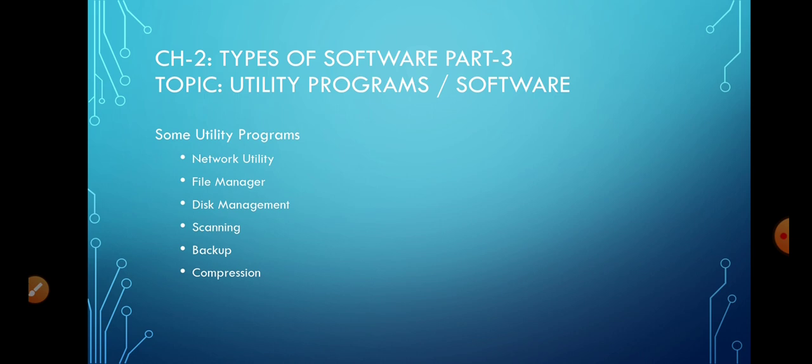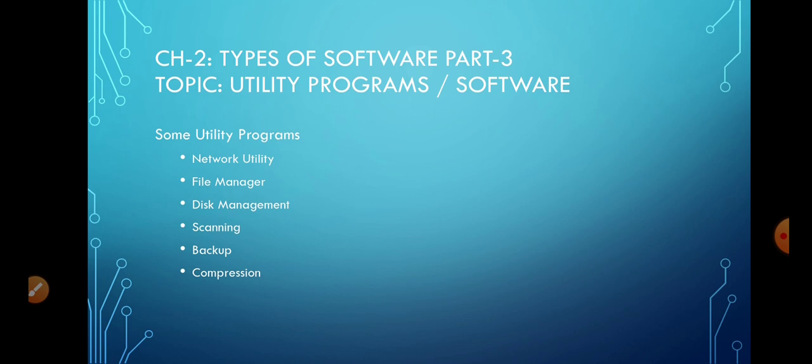You might have heard about tasks done by the computer, like virus scanning, taking backup of data, recovering data, disk repair, file management, compression and network programs. All these tasks are done by the utility programs.